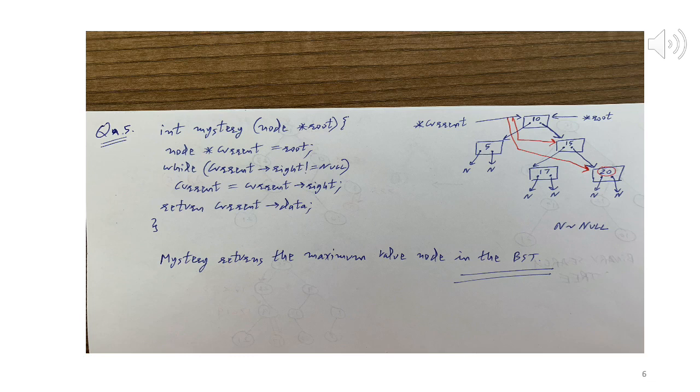So current is current arrow right. Now current arrow right is the starting memory location for 15, which is essentially a pointer to node 15, and that becomes the new value of current. So now current points to node 15. Again, current arrow right: 15's right child, so we get a pointer to node 20. Again, it's not null. So current is current arrow right. Current arrow right would now be the starting address of node 20. That becomes the new value of current.